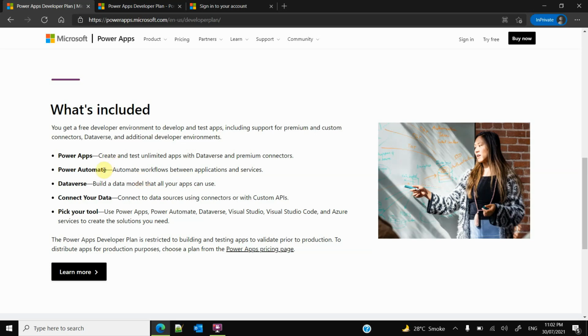Then there is Power Automate workflows, which you can use between applications and services. And then there is Dataverse, where you can build your own data model, relationships between multiple entities or tables you can develop there. And then it is mentioning to connect your data source using connectors or custom APIs. And then you can also pick your tool of your choice like Power Apps or Power Automate, Visual Studio Code, which is a limited edition of Visual Studio and free edition, then Azure services to create various solutions